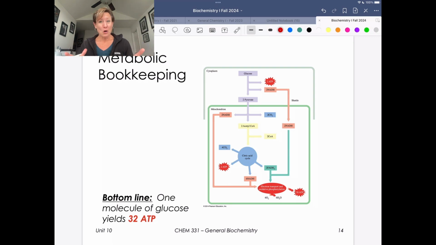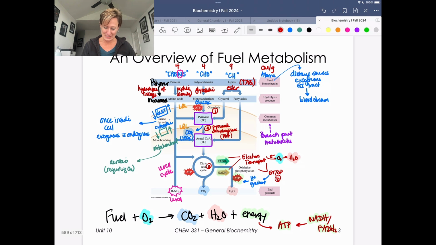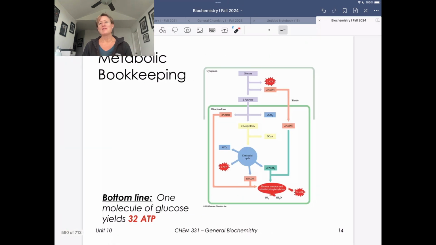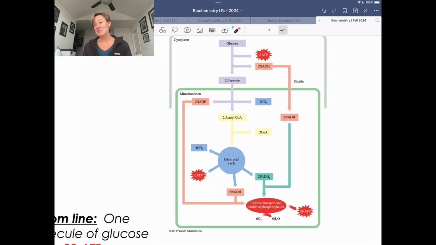All right, before we go on and think about how this whole process gets mapped onto the metabolism of other fuels like lipids or proteins, let's take a little bit of metabolic bookkeeping. Let's take stock of where we've been. I love this picture too. It's a little simpler than what we just had, but it reminds us of the processes